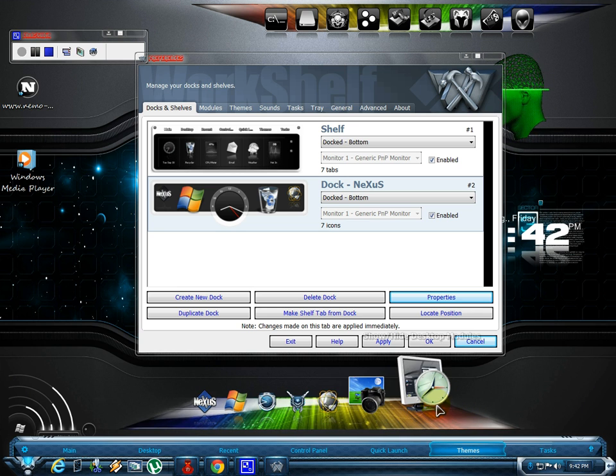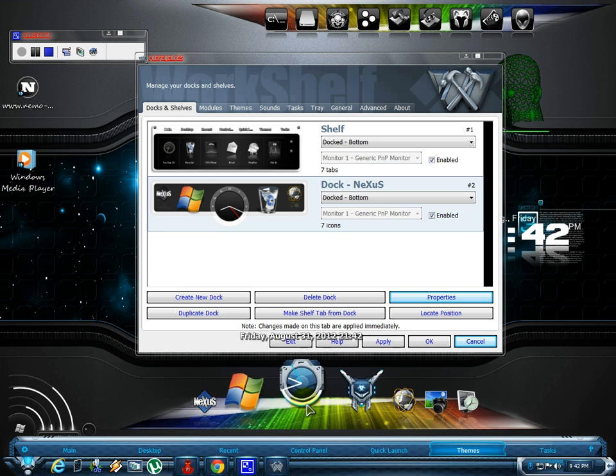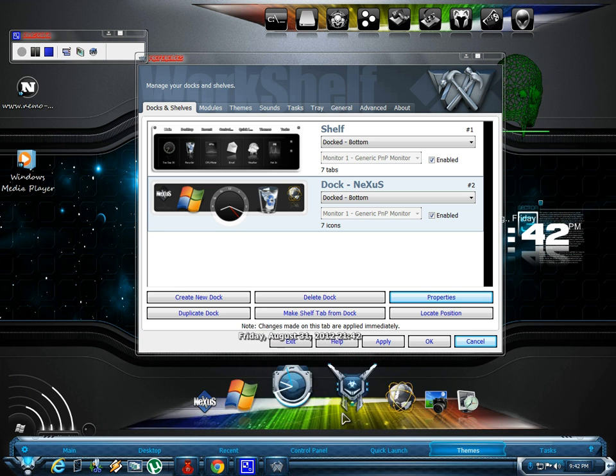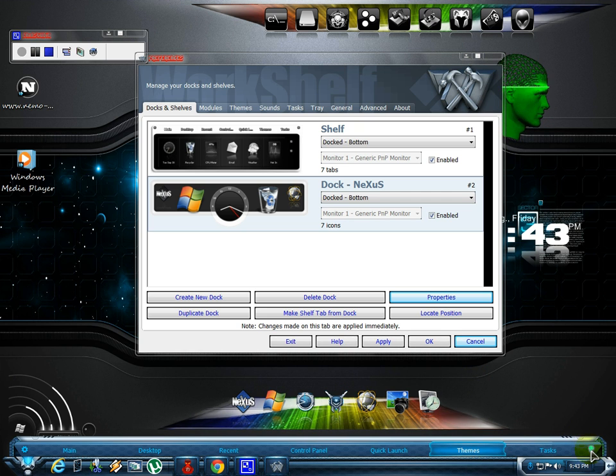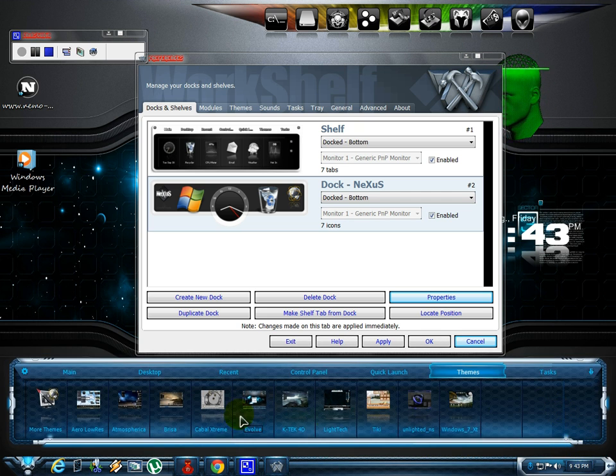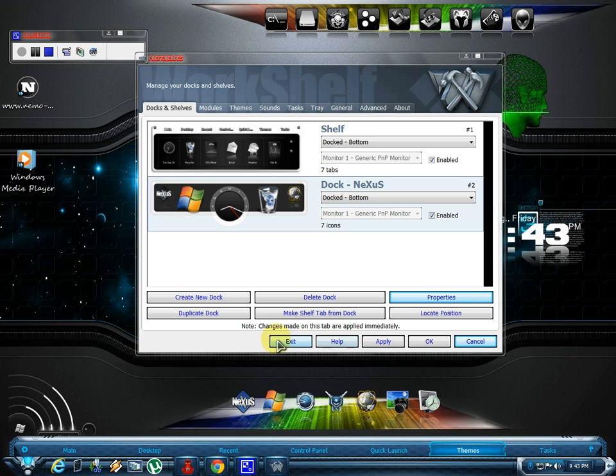As you can see, I only changed the theme of my dock number 2, while my dock number 1 is in blue theme. That's how you do it. That's how you change your theme, and that's how you change your dock themes individually.